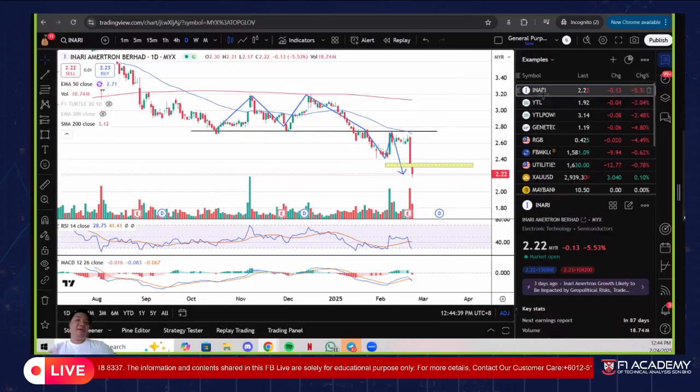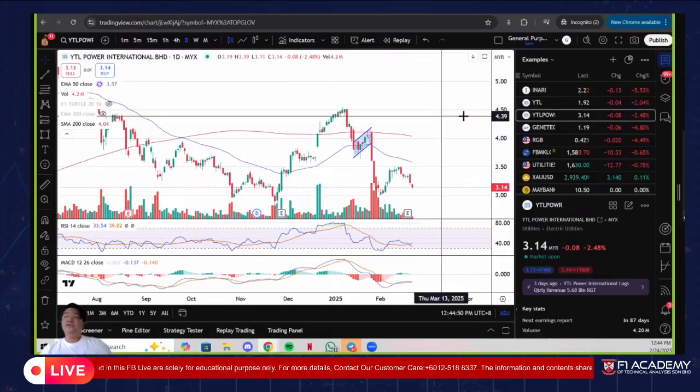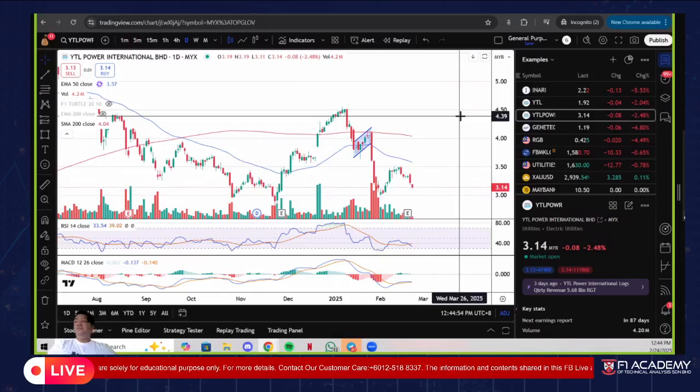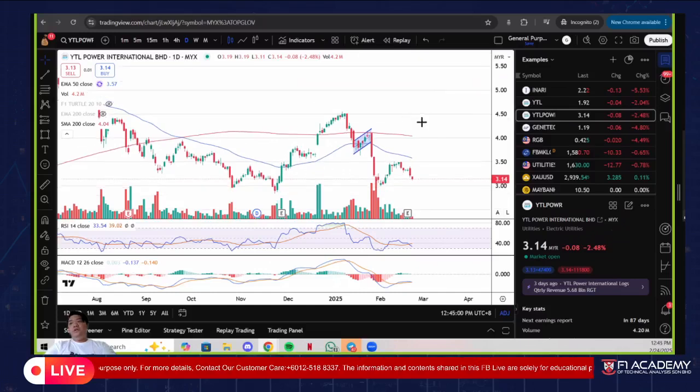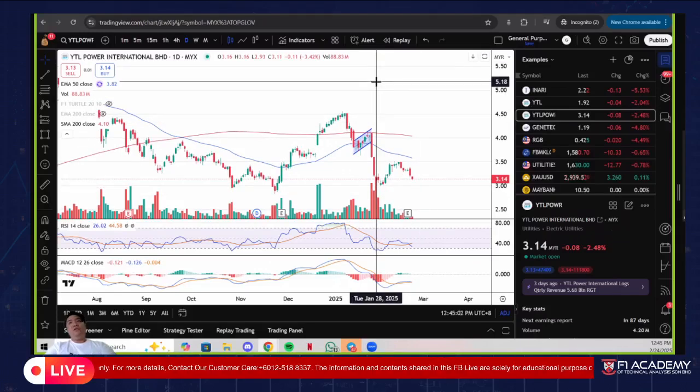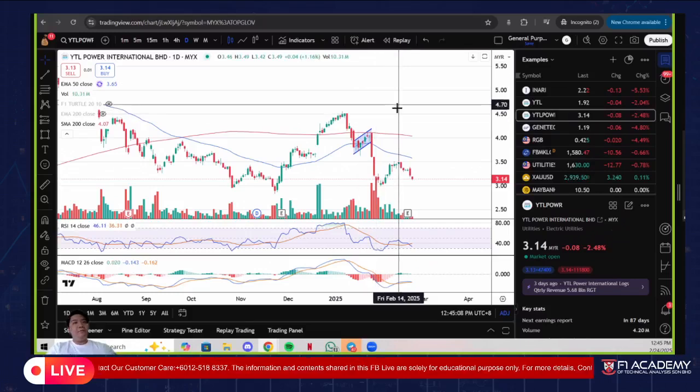Again, these are just examples. I just had to go through them real quick to show you patterns that you don't want to play around with. So double top is one of them. Another one, we use YTL, right? I know you guys love YTL, a lot of you do. Utilities and everything. Sometimes you won't catch the top. You think it's recovering, but then it keeps going down. You're like, oh no, what happened? Why?